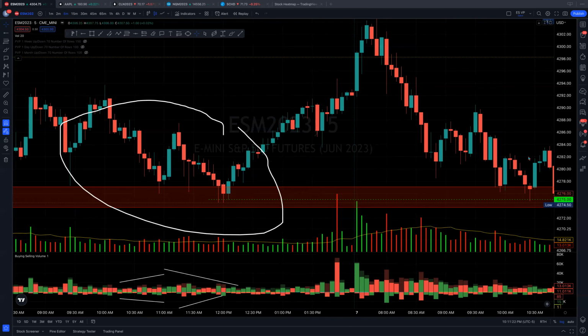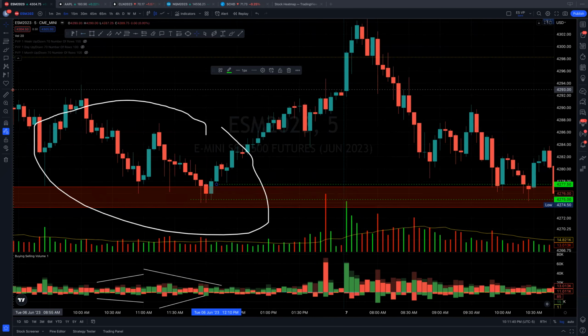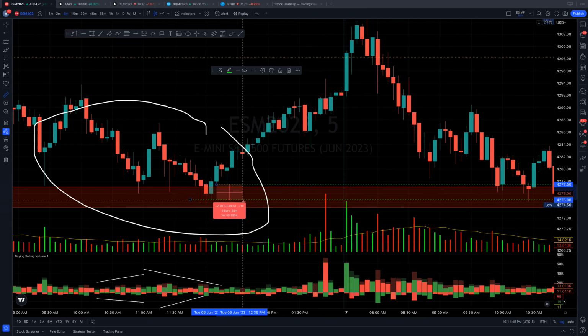Let's say I wait for this candle to close, and let's say I wait for a little move down. Let's say I enter, well, let me turn off the magnet. Let's say I enter right here, and my stop loss would be maybe below these candles right here, or just below this candle. I would have a $3 stop loss. So that's about $150 stop loss,